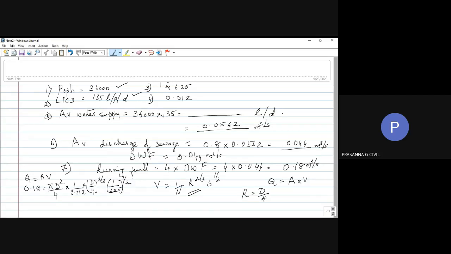S was already given to you, 1 by 625 raised to half. So if anybody was not listening, the only unknown figure in this is your D, diameter of the pipeline. Once you get that, you will be able to go back to your Q is equal to AV and calculate your velocity. Or if you want to put it back into Manning's formula, that is also possible. So the problems are not complicated. They will just give you a little more work for you to do.